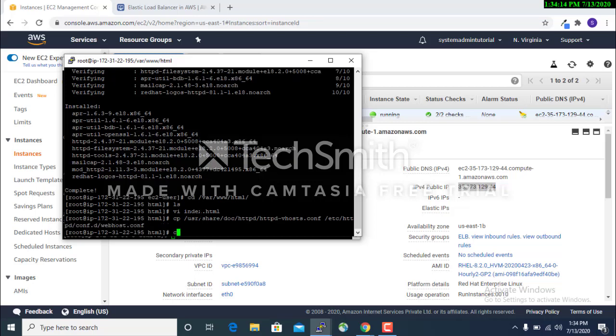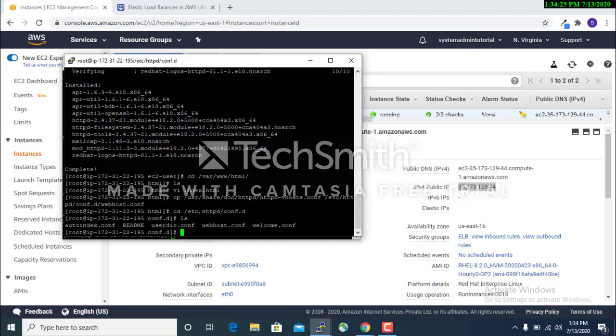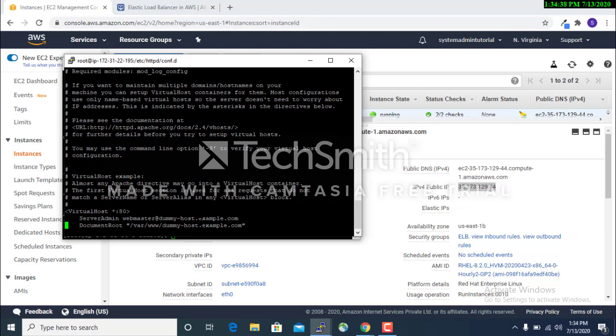Okay. Now change the directory to /etc/httpd/conf.d and list, you are finding your webhost, and edit the webhost.conf file. See, and locate your container, that is where virtual host is written.